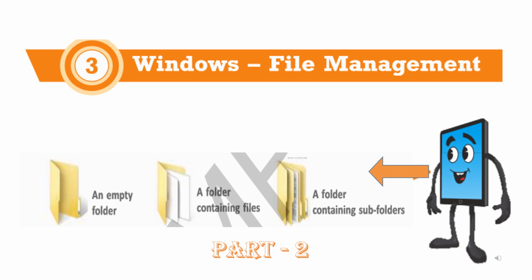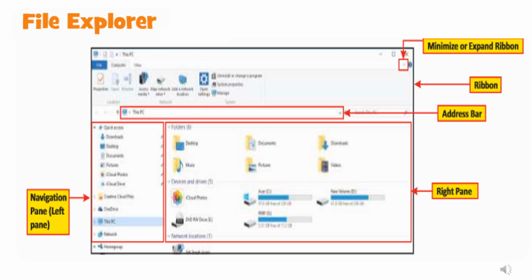Okay, so today we are going to start our second part of Windows file management. Let us start with File Explorer. File Explorer is a place where you can explore your files and folders which are stored in your computer. They will come in a hierarchical order, and it is very helpful for efficiently organizing the files and folders that are stored in different disk drives, whether it is in hard disk or in USB drive or CD drive, etc.